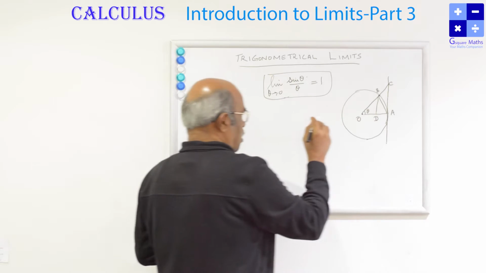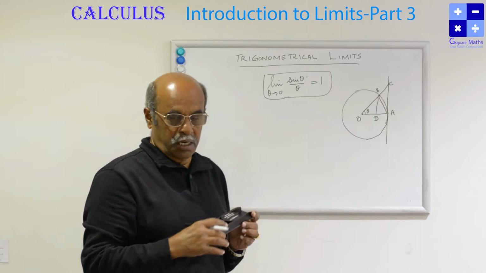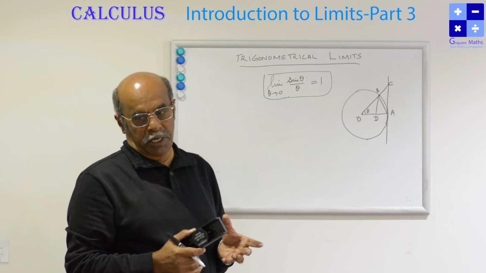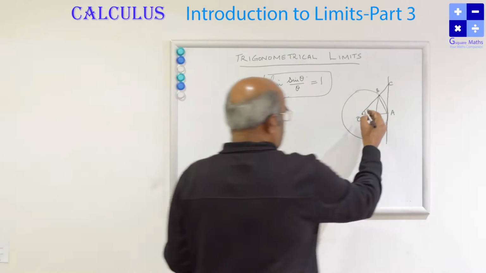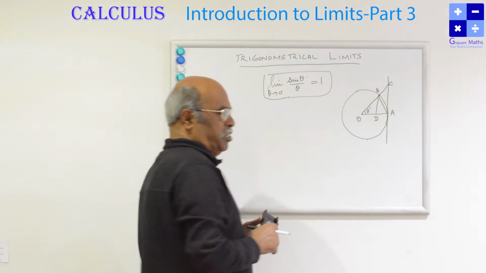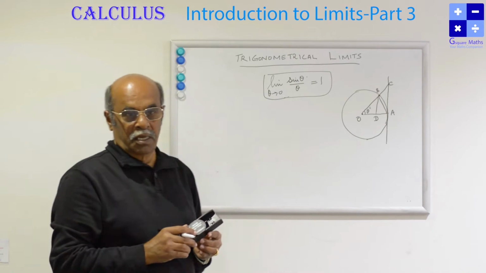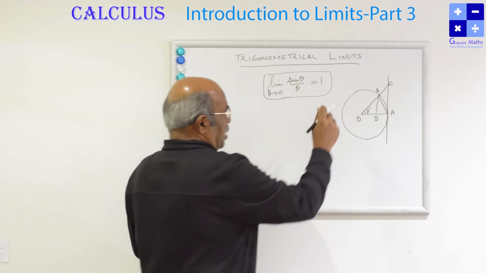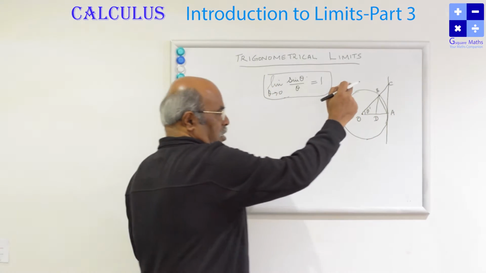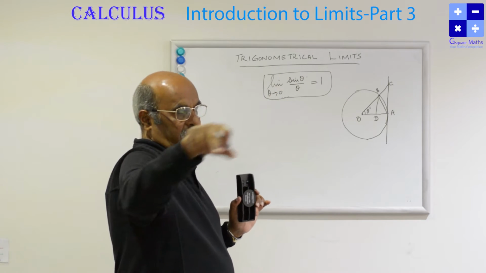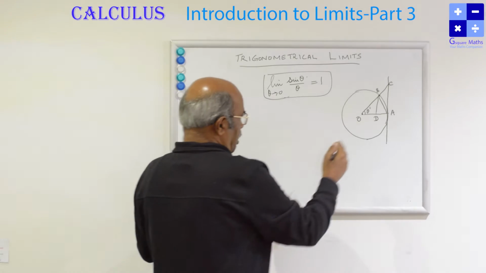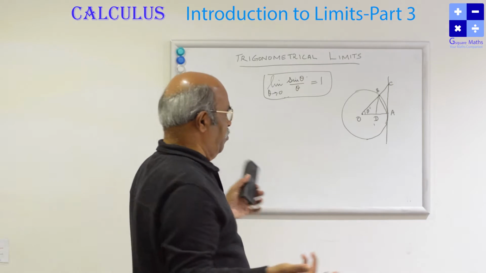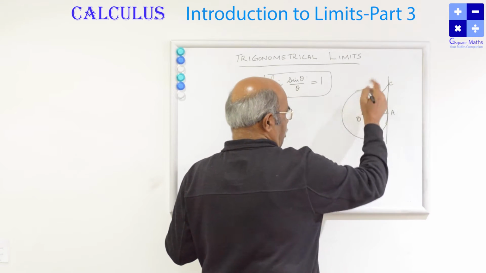Unless otherwise mentioned, units in trigonometry and throughout mathematics are considered to be radians only. We generally never write the unit, so don't think it is degrees. It is theta radians. What is a unit circle? A circle is said to be a unit circle if the radius is 1. You can also draw a circle of radius r, and the same formula is applicable. So let us draw a circle of 1 unit radius.